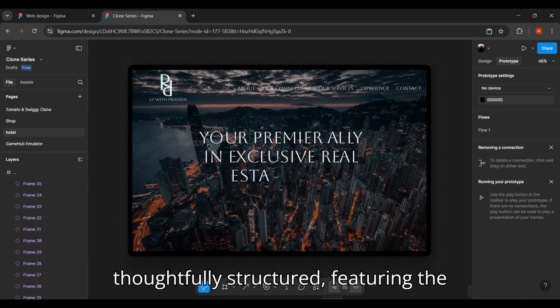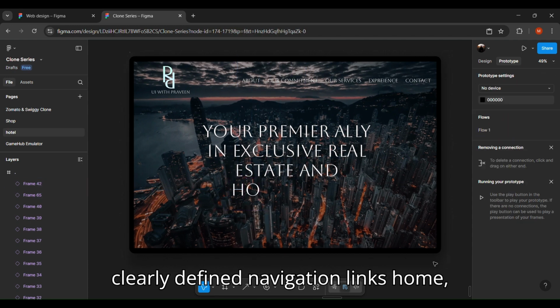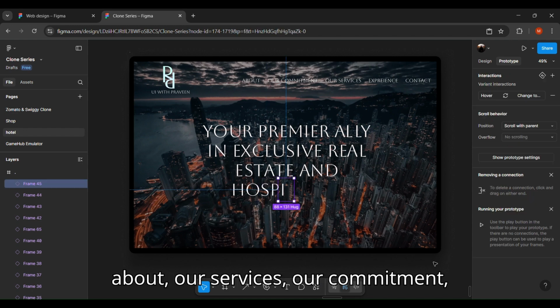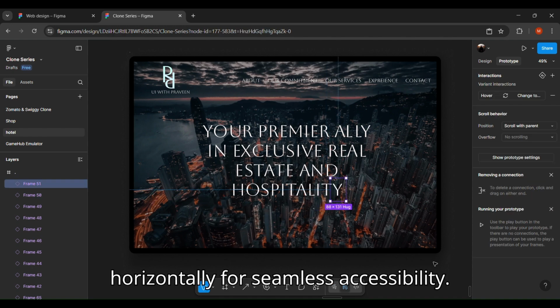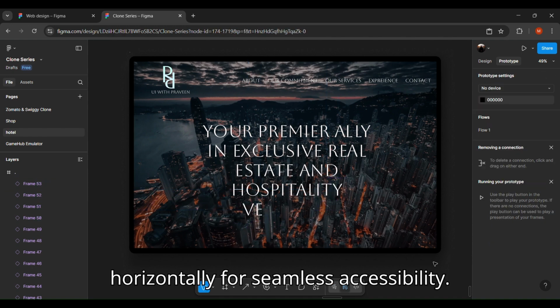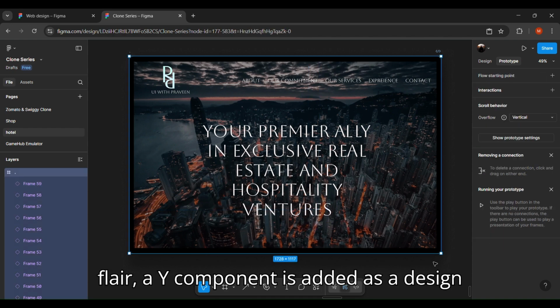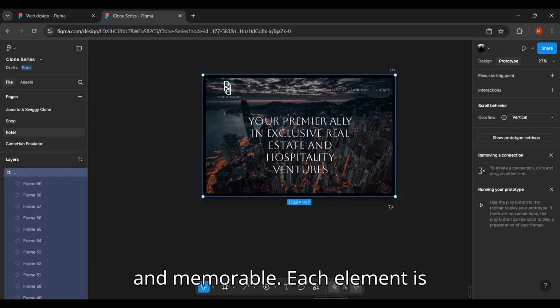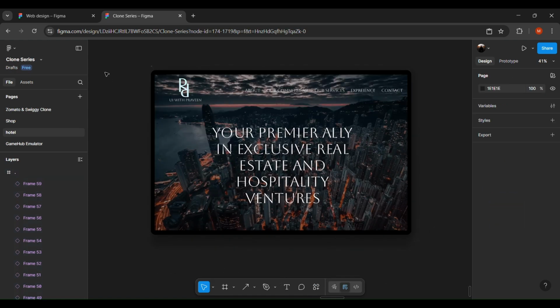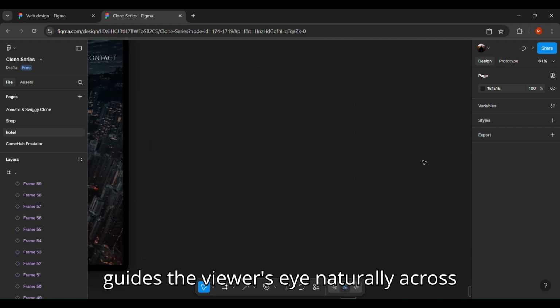The header section is thoughtfully structured, featuring the brand's logo on the left, followed by clearly defined navigation links: home, about, our services, our commitment, experience, and contact, arranged horizontally for seamless accessibility. To give the page a modern, interactive flair, a Y component is added as a design element, making the layout more dynamic and memorable. Each element is placed with precision, ensuring a balanced, harmonious composition that guides the viewer's eye